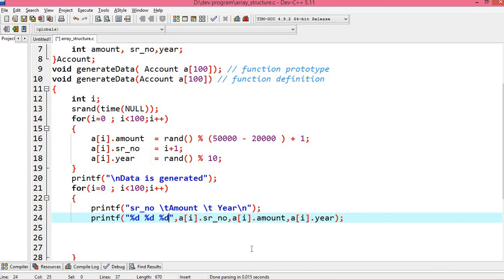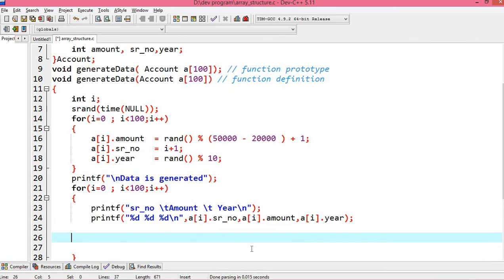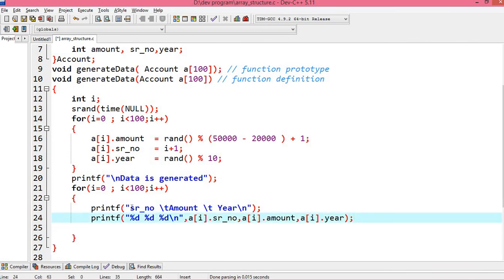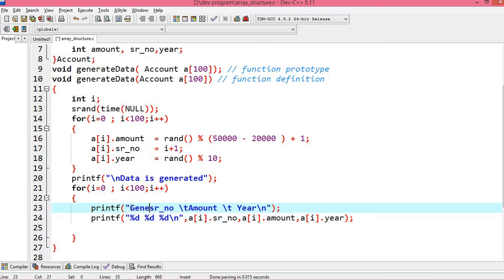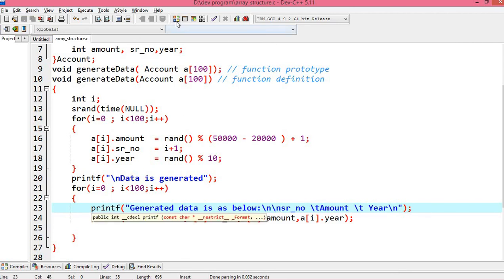What will I put over here? Just backslash n. Very easy. Before that, print generated data is as below, and after that two newlines. Save this program, compile this.